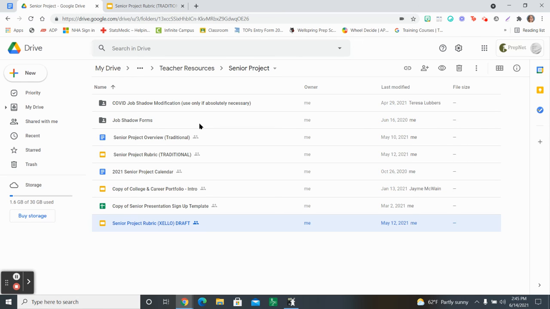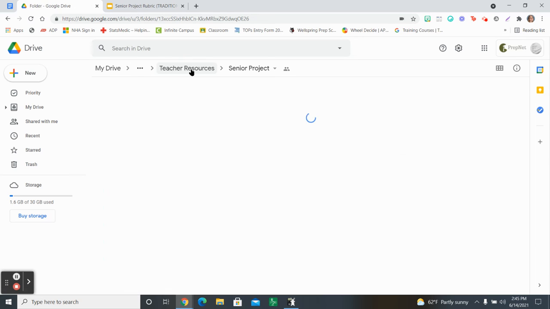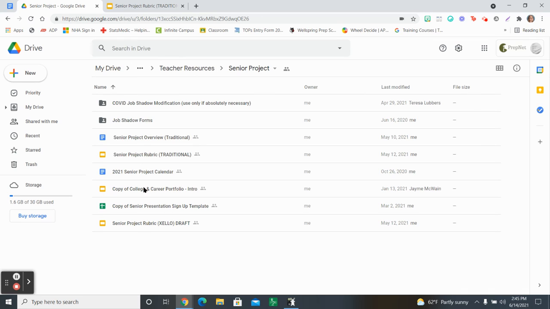As far as the job shadow forms, they're all located here. So everything that's referred to on the rubric is all in this folder to help students get the correct job shadow, make sure it's approved, in a parent permission packet so that parents obviously also know what's going on. So those are the 3 zones of the senior project, and everything you need and examples of things you may need are all located, like I said, in the senior project